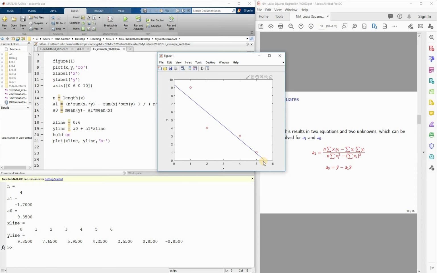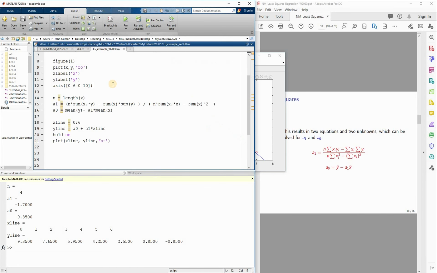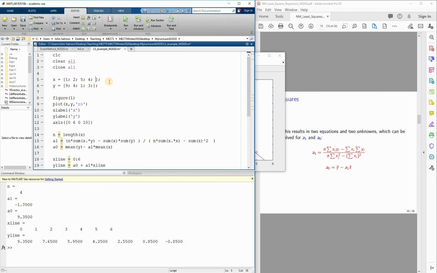Okay, so what happens then if we add another data point? Well, let's go back up and we'll add another point somewhere about right here. Let's add 5, 7. So come in here and I'll add 5 and 7 to my x and my y vector respectively. And now since I've got this program, all I need to do is hit run, and I'll be able to